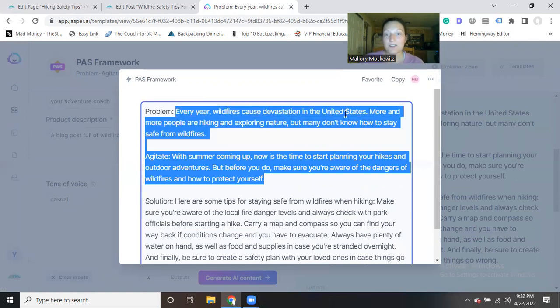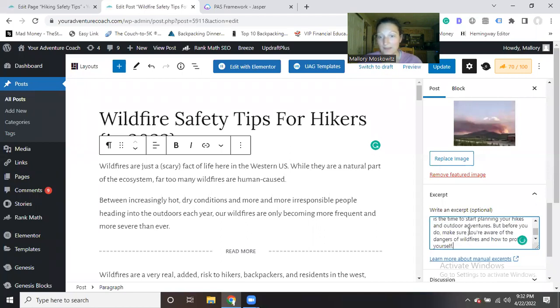Every year, wildfires cause devastation in the US. More and more people are hiking and exploring nature, but many don't know how to stay safe from wildfires. With summer coming up, now is the time to start planning your hikes and outdoor adventures. Before you do, make sure you're aware of the dangers of wildfires and how to protect yourself. That is very fitting. So I'm going to copy that, and I'm going to put that right here in the